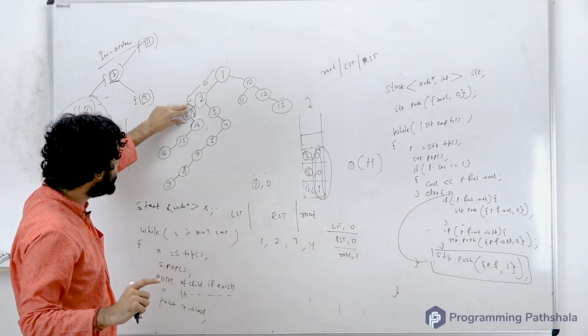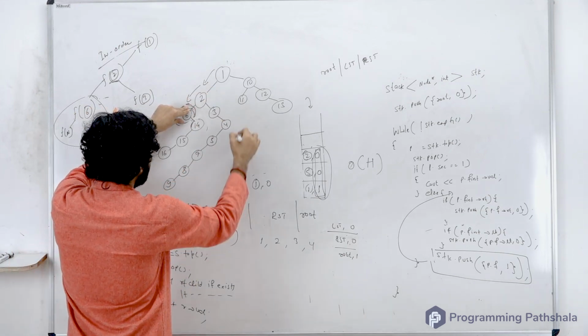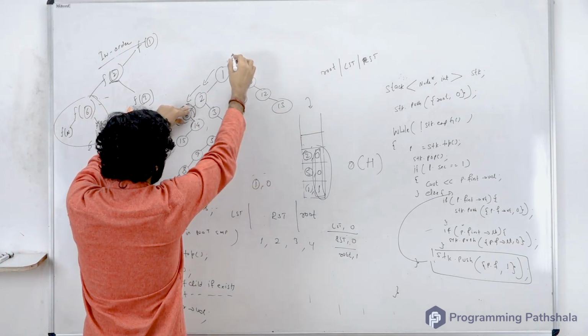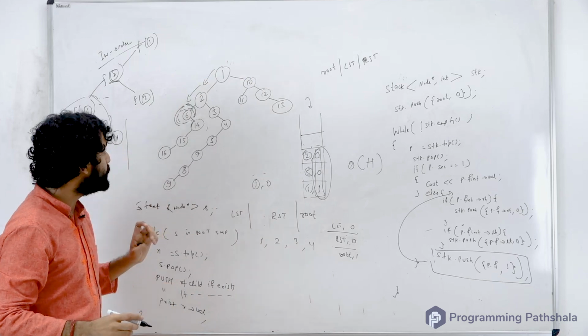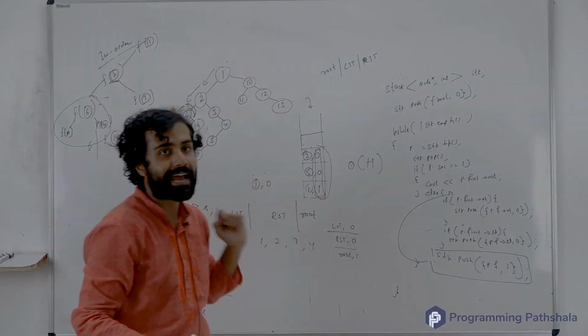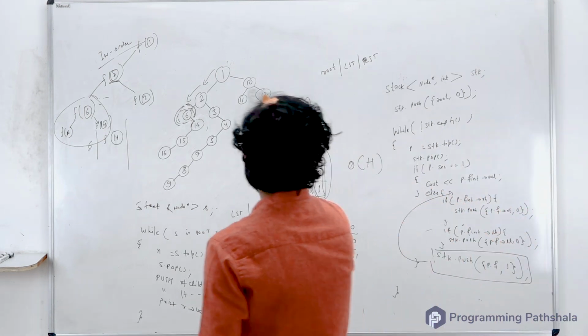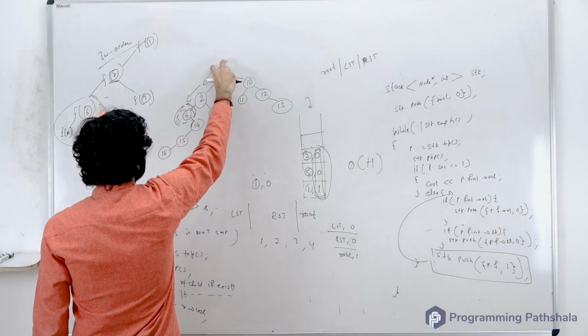But when I reach here and do that, I will never be able to print anything in this part, because I had forgotten that. So what should I do? While taking this journey, should I push these nodes in a stack? Because if you push these nodes in a stack, then it will ensure that you have your parents there with you in the stack. So all that I said was, while undertaking this journey, keep pushing the nodes in the